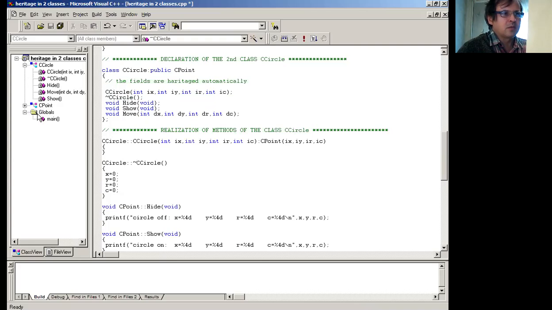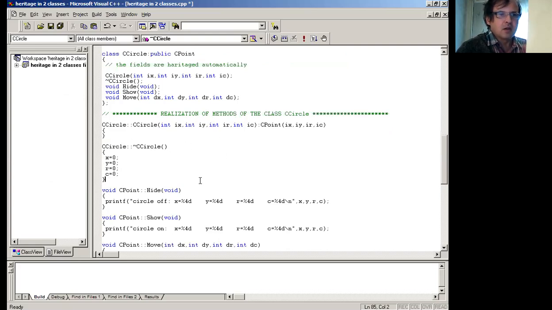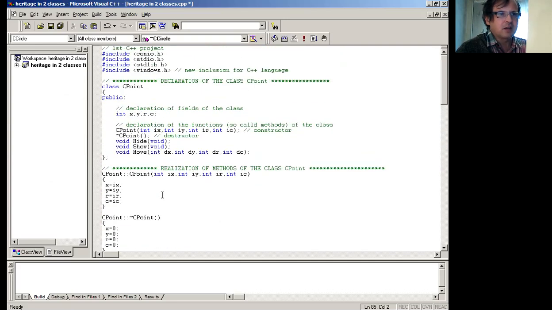Okay, so the basic class is the down class. This is circle. So the constructor, the destructor. The destructor must be realized in its own way, in comparison with the constructor. So here circle and hide and show. In the case of heritage, in the case when one class is derived from another class,